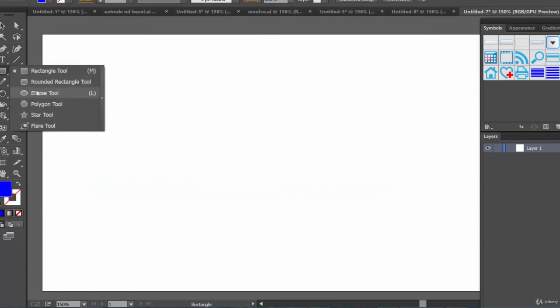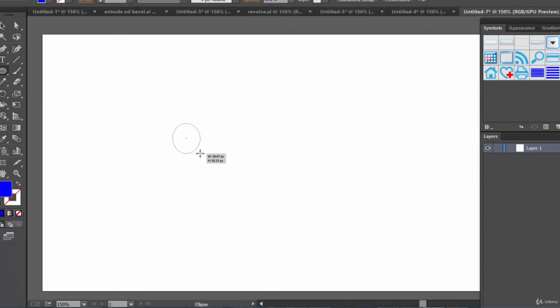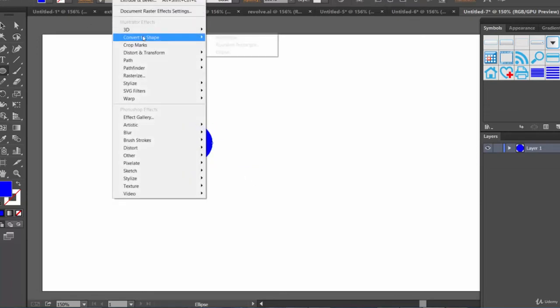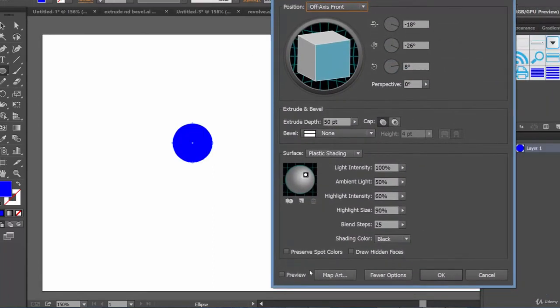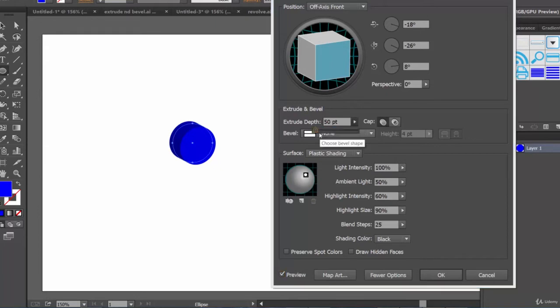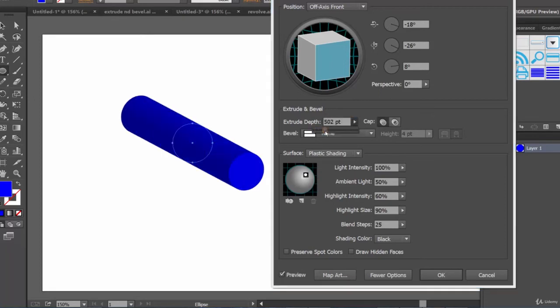Now we need to create a circle, a very small circle, just like this. Now let's go to the Effect menu, 3D, Extrude and Bevel. Let's hit the preview option. Extrude depth: we need some depth for this 3D object, so for that we are going to increase it a little bit.